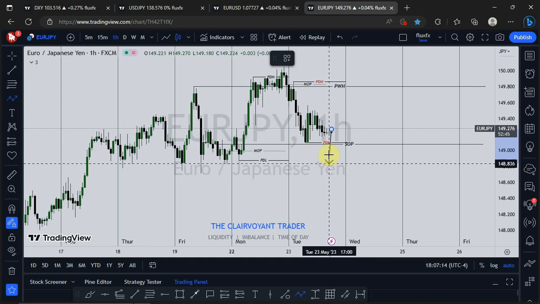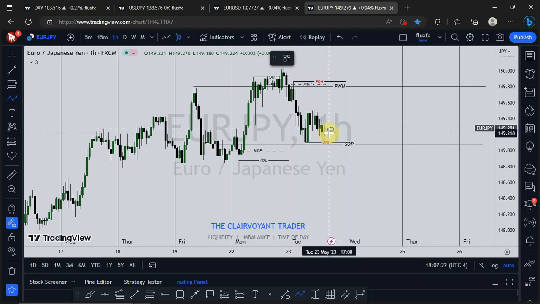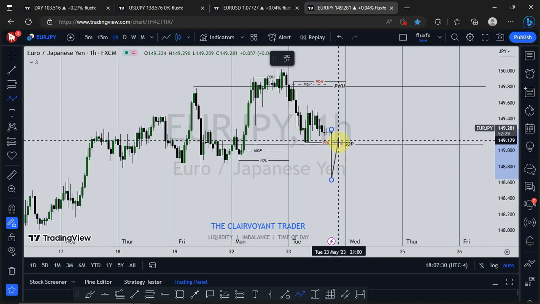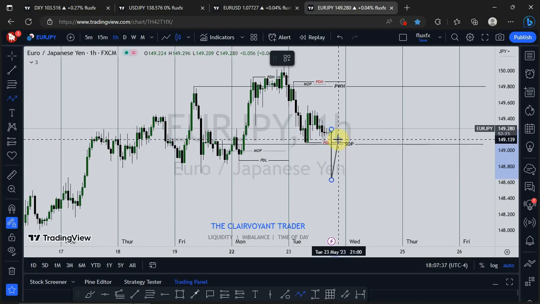So I wouldn't be surprised, or I'm expecting price to break this low. That is going to be my immediate opinion on what I want to see on the market based on where price currently is. If price is really closer to this low, then I want to see this low being broken with speed. Then we see a retracement.